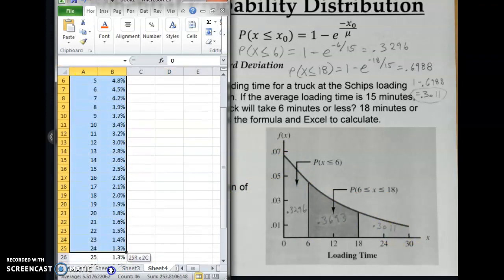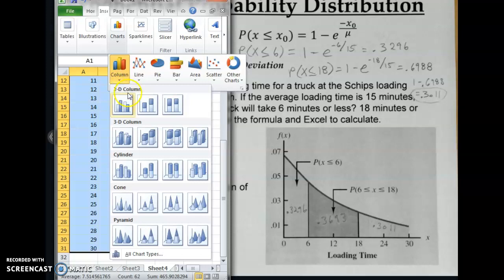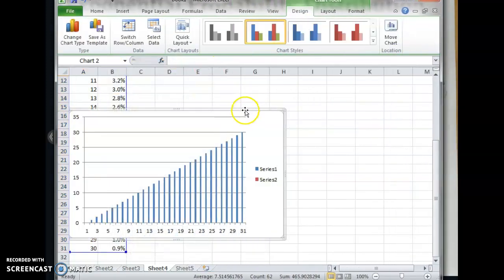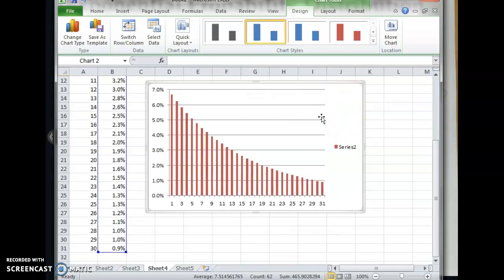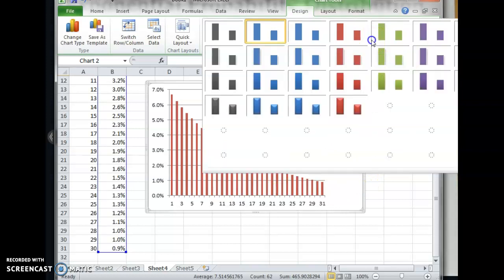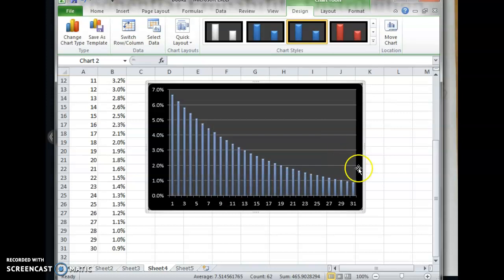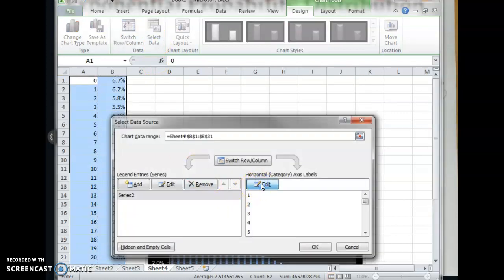Let's actually scroll over our data and build that graph. Go here to Insert. I'll put a chart, column chart. Make this a little bigger so you can see it. Okay, let's get rid of the data we don't need. Okay, notice it's taking shape. Clean it up a little bit here. Note that we don't have the correct denominations on the horizontal, so we're going to go up here to Select Data, edit the horizontal,